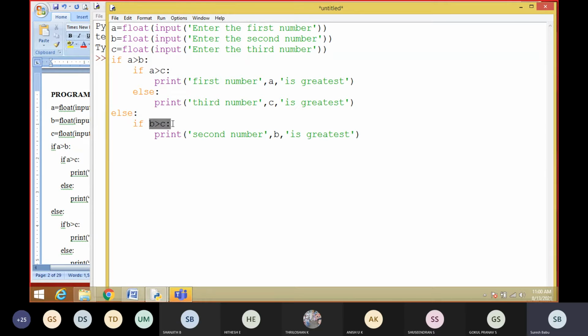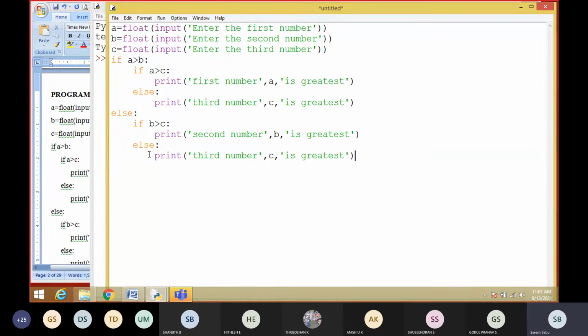But when we check B greater than C, if it is false, C is the greatest one, right? So we can say it in that else statement. Else we can print third number C is greatest.